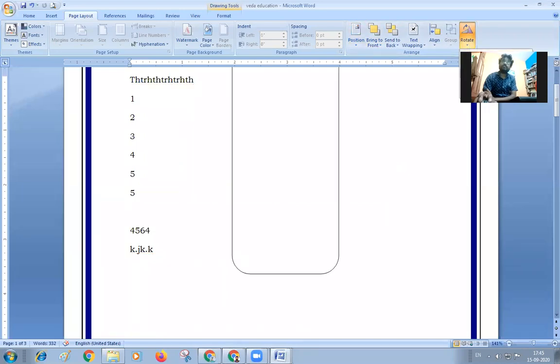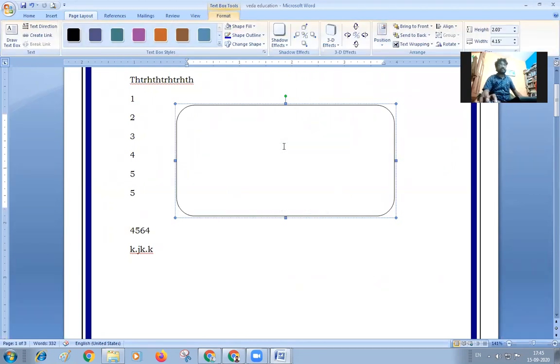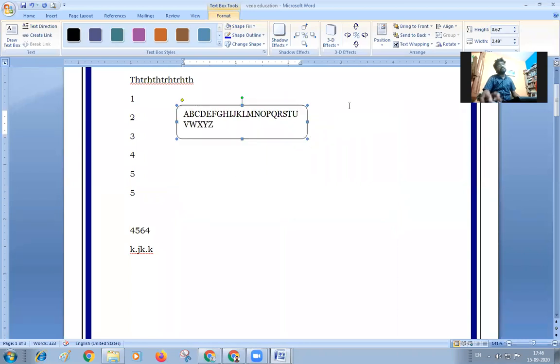You can rotate the margins also. You can rotate the images also. Whatever images are there, the rotation of the images is also possible. And this text wrapping is for whenever the text is here, you can see this. I'm adding a text over here. And the table is like this, and I'm taking this one as this one.